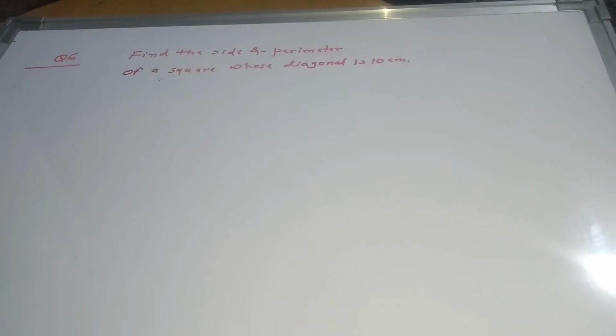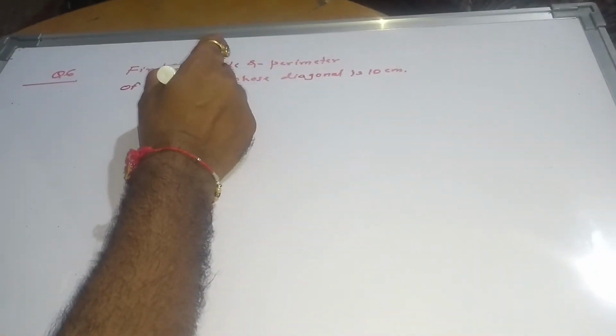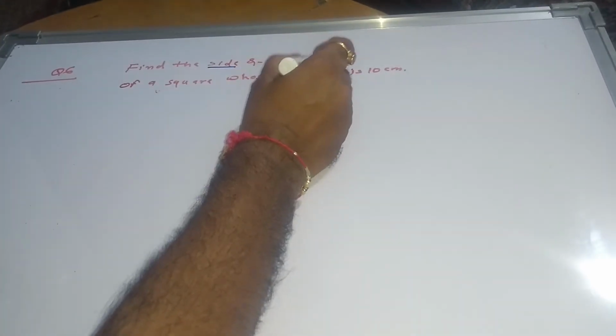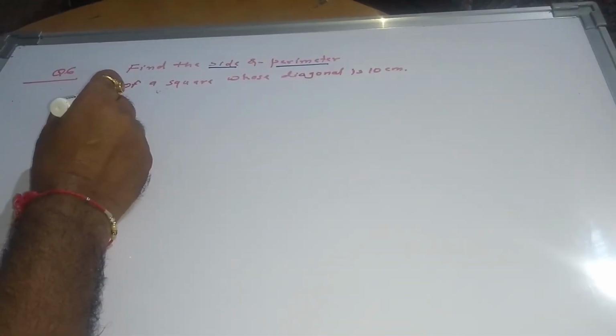मग तर डायगोनल काय येईल? We have the formula to determine the diagonal of a square. So diagonal of a square is equal to √2 into side. So now solution here using the formula. What to find out? The side. We have to find out side and perimeter. So now we have solution.